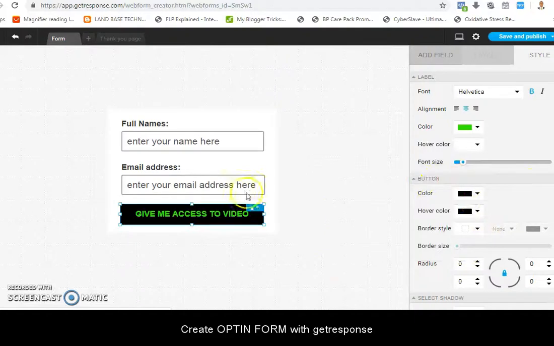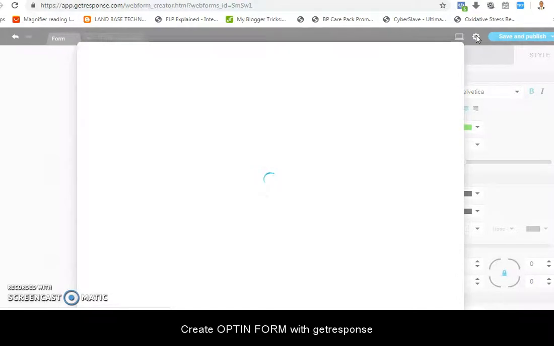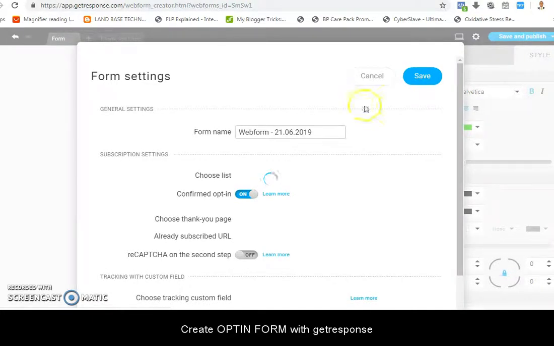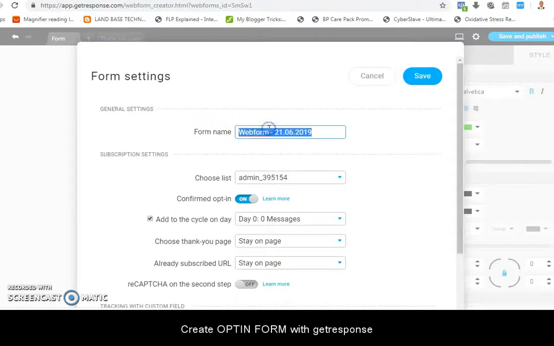And now be attentive here. After, let's say I'm okay with the button now, I will now come here, look at this place, click here, click on setting. So when you click on setting, can you see, give your form name. Let me say, don't forget this form is for the list we created in the first video. Let's say Canada PR. So that's just it. Then you can see choose list, the list that the form will be attached to. Can you see? Drop down, can you see now Canada PR. So that's just it.